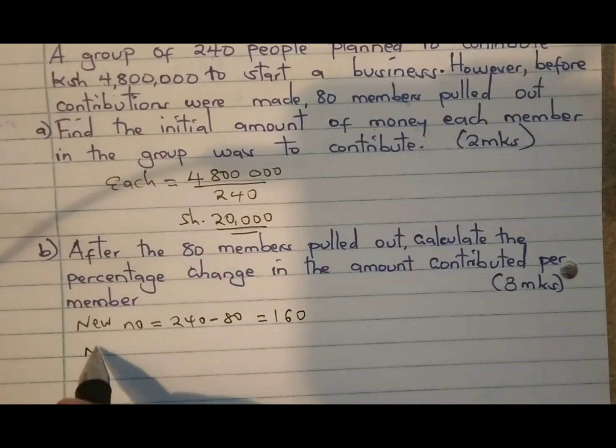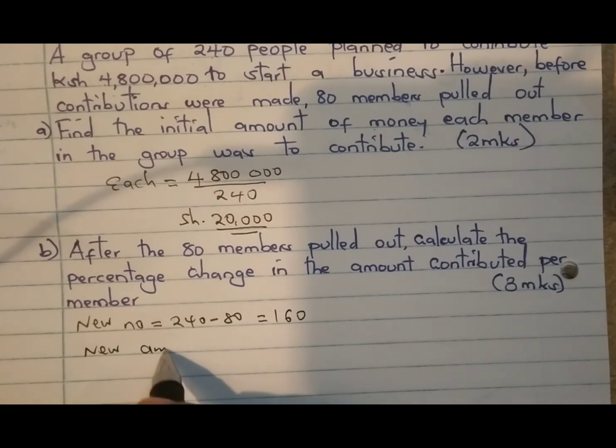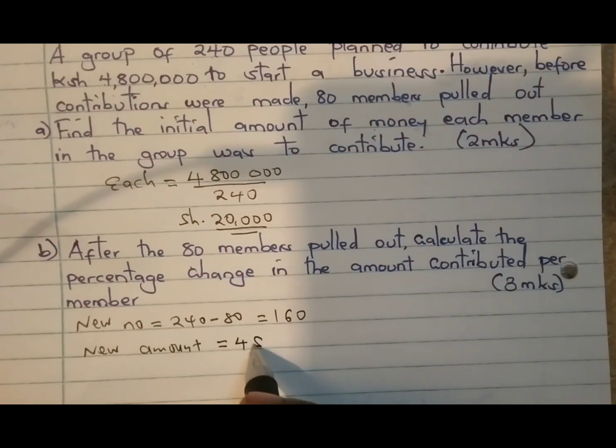That means the new amount that each will contribute will be equal to 4,800,000. You divide by the new number of members, which were 160, and this one gives us